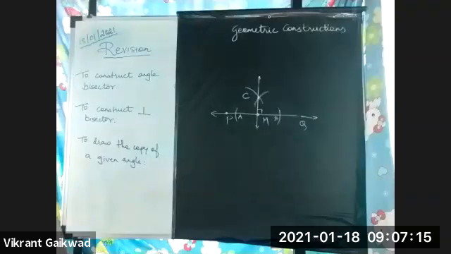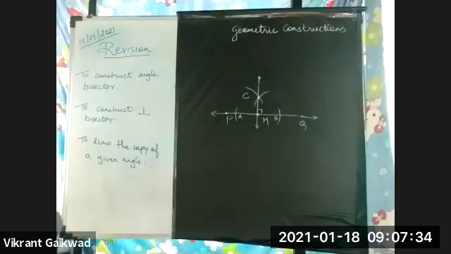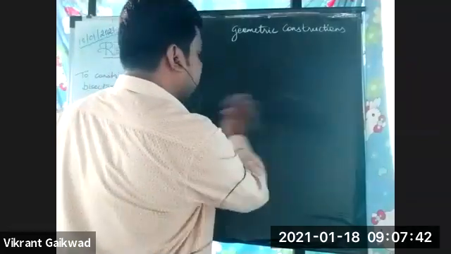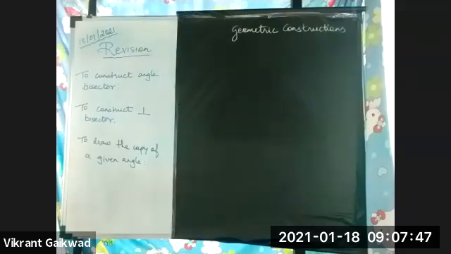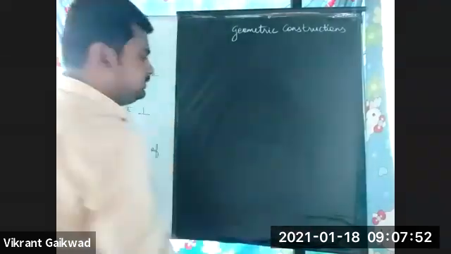You all can remove the screenshot of this. So that we'll move ahead to the next question. Now let's move ahead. You have to draw the copy of the given angle. Say an angle is given to you, and you have to draw the copy of that particular angle. Is this clear to all the students?